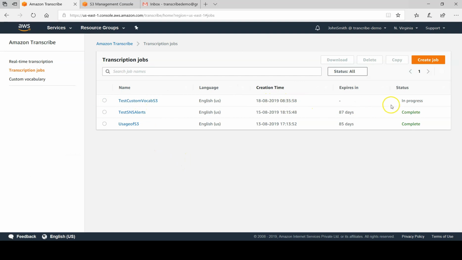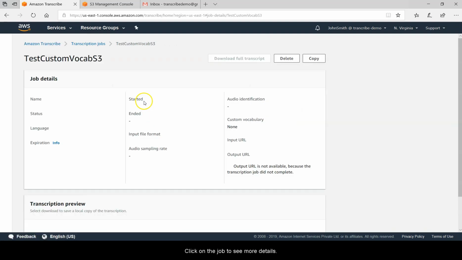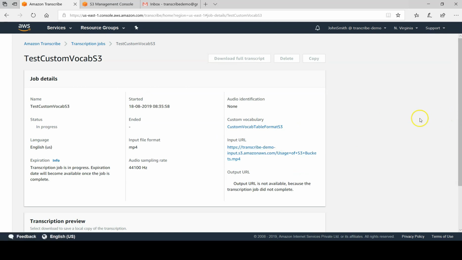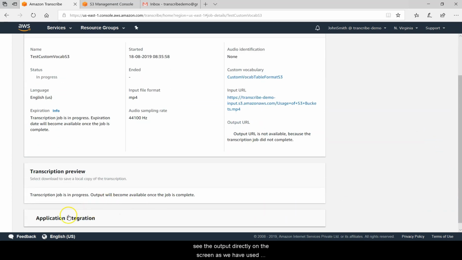So the job is in progress. We can click on the job to see more details, and we will wait. Once it gets completed, we will be able to see the output directly on this screen as we have used Amazon's own bucket. So let's just wait for it to complete.